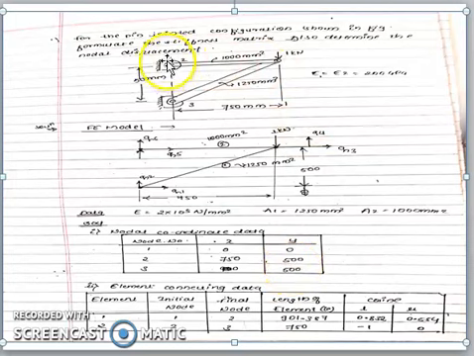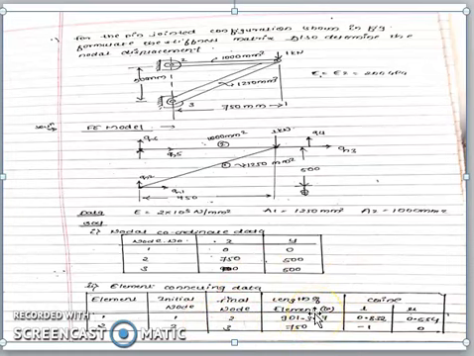Again if you come to here, x is 0, because there is no distance in x, it is not moving sideways, but it has a distance from node 1 in y, that is 500. So write this down. Now for elements 1 and 2: initial node of element 1 is 1 and final node is 2, but initial node of element 2 is 2 and final node is 3. So just write it down.